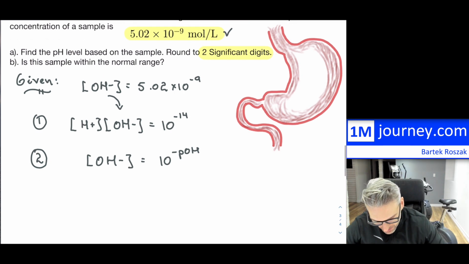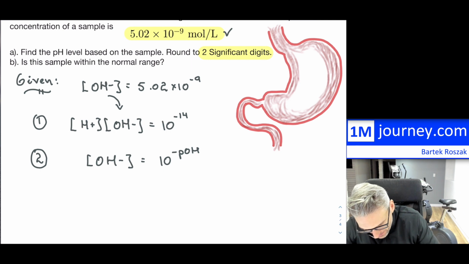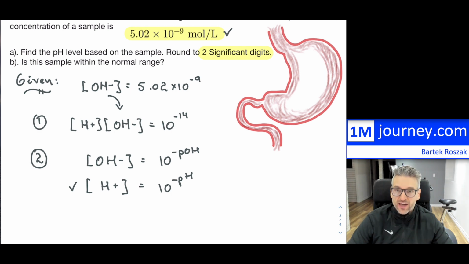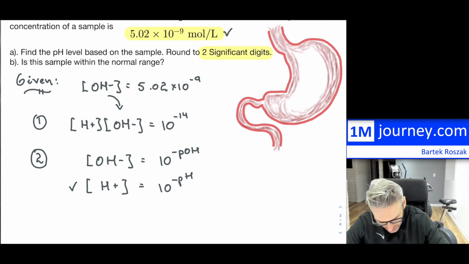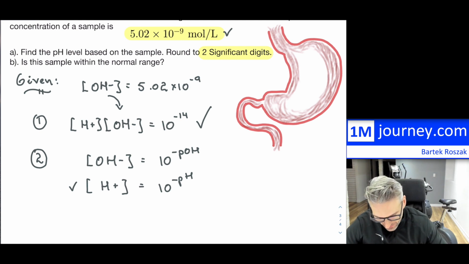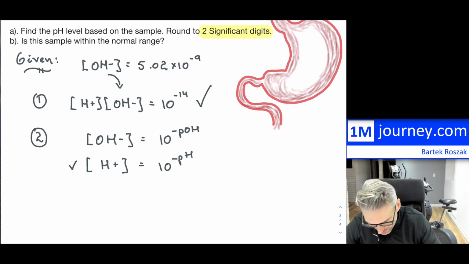The same thing happens with the hydrogen ion: this is my pH, which is what I would have preferred, but I don't have the hydrogen ion concentration. I could get it from equation number 1 and then solve for pH. But I'm going to prefer to use this, find the pOH,